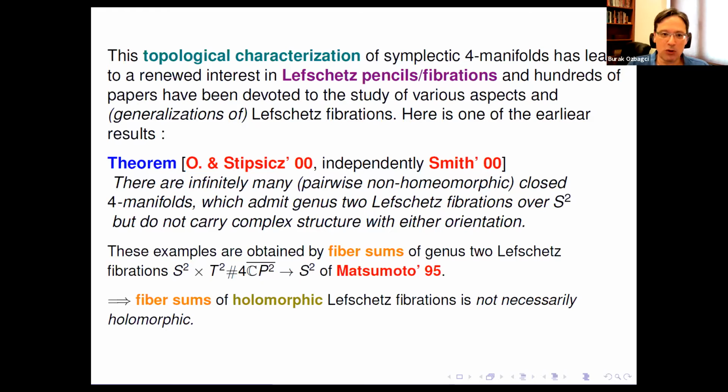So there is a lot more to say about these fibrations, classifications, but it's a long list and hundreds of papers are written on the subject, and I cannot go through all of them, but maybe I should mention the result of Denis Auroux about stable classification of Lefschetz fibrations, which I didn't write on the slide.